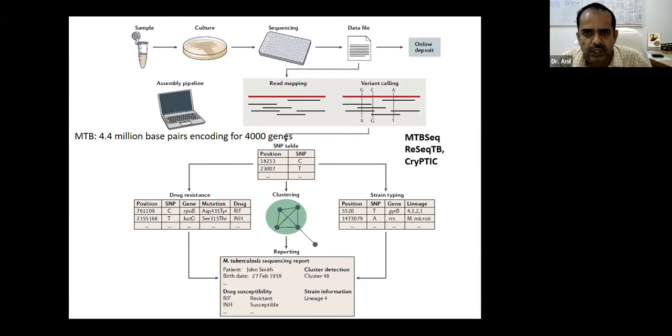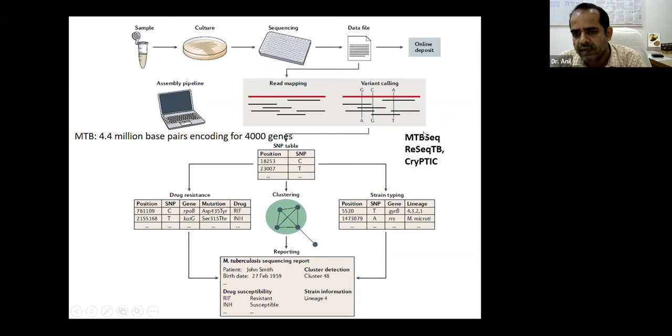So this is a snapshot of what happens in whole genome sequencing. I won't go too much into details. I'll just tell you what happens. That depends on the lab. If the lab says that it can process a sample for whole genome sequencing, you can just send the sample. If the lab says that it works only on isolates, you can send mycobacterial isolates. They extract the DNA, cut the DNA into small pieces. They may prepare a library, and ultimately they feed it into the next generation sequencer. A database is produced, and the whole sequence is analyzed. If it's whole genome sequencing, the data is 3 GB, a huge amount of data. The bioinformatics person will align it, make sense of it, and then use these